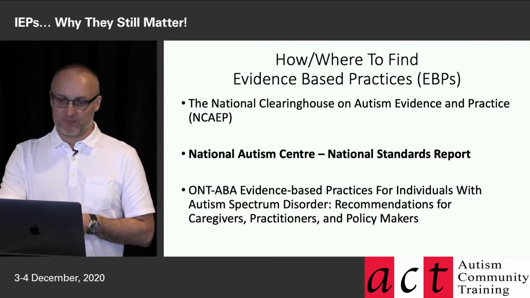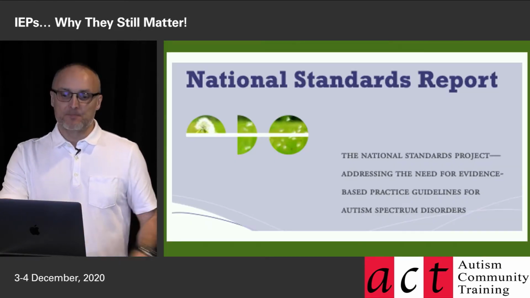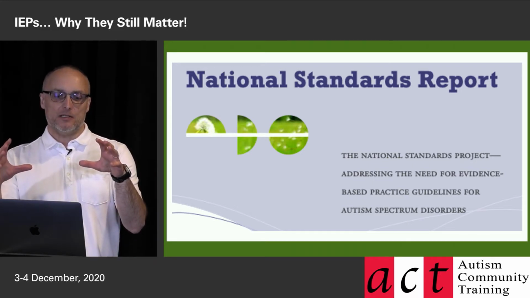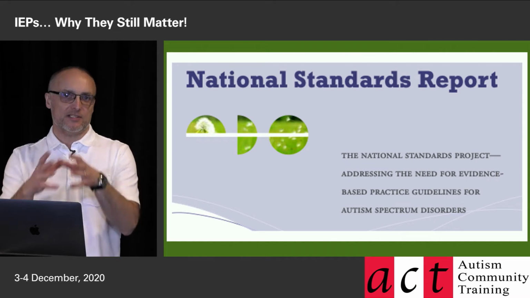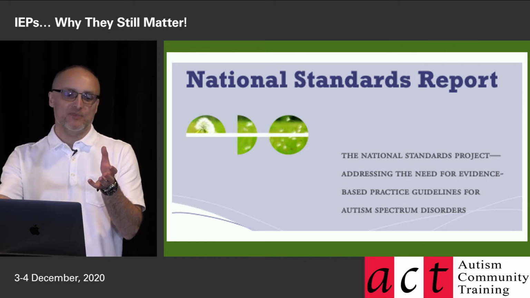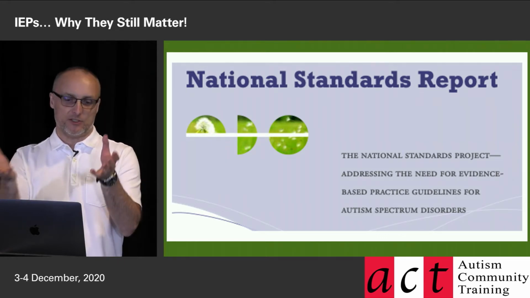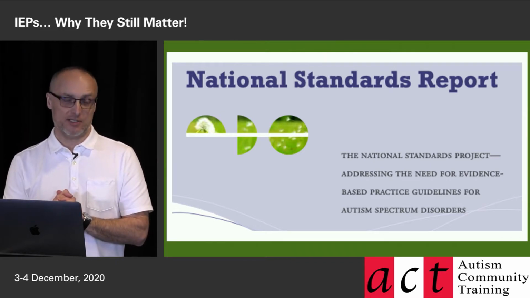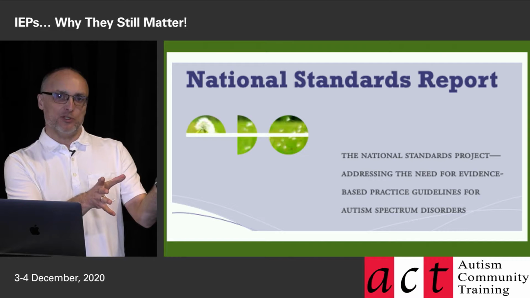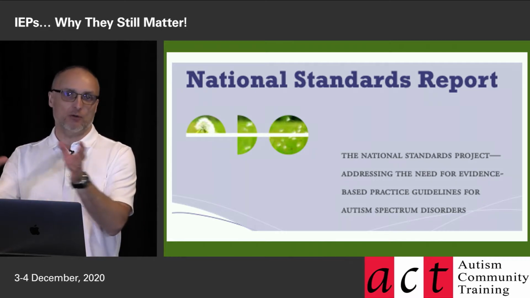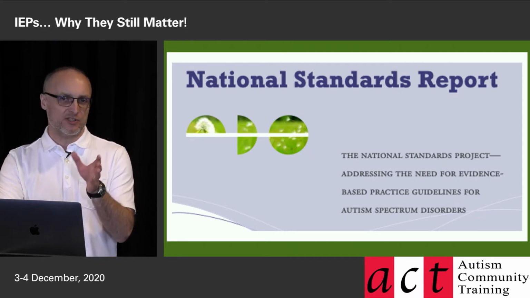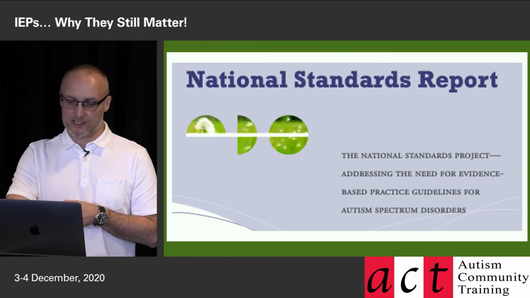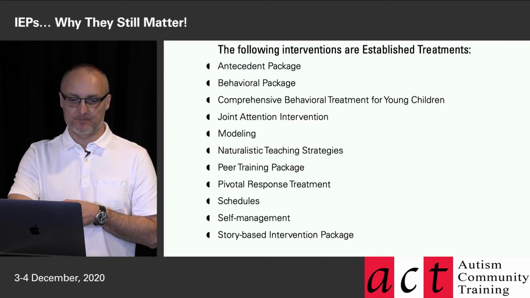So the National Standards Report, which I mentioned earlier, creates a kind of test of the literature. It's a set of standards, and they apply research on a particular tactic to their criterion, and the criterion will spit out one of three conclusions: established, meaning it meets their criterion; emerging; or unestablished. I mentioned that yesterday. I want to quickly run you through what those lists are, just as an FYI.